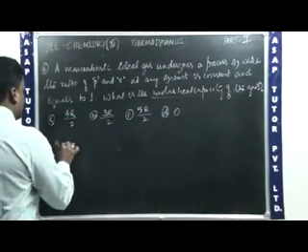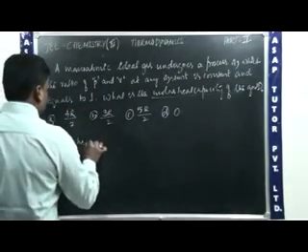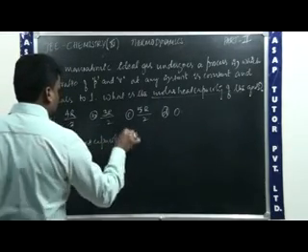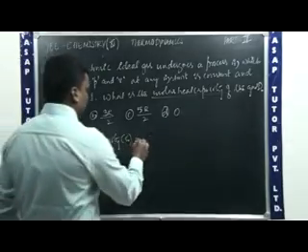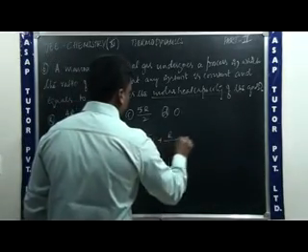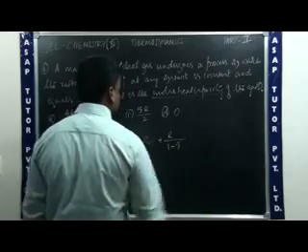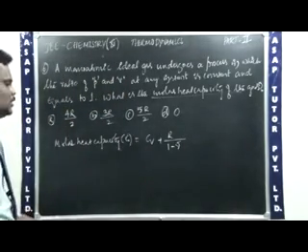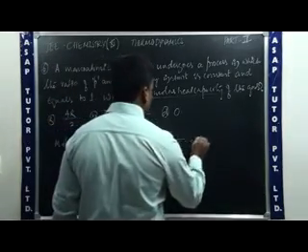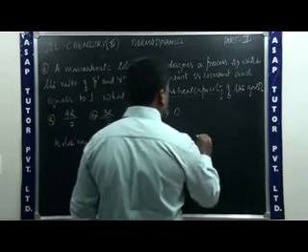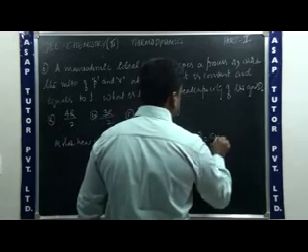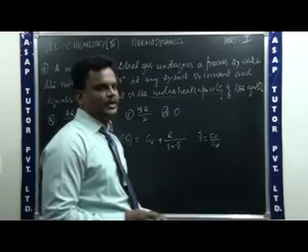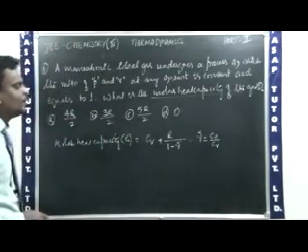Here the molar heat capacity, which can be considered as C, capital C of the gas, is equal to Cv plus R divided by 1 minus gamma. So this is the formula to find the molar heat capacity. Now we need to find the value of gamma. Already we know that gamma is equal to Cp divided by Cv, the ratio of Cp to Cv.